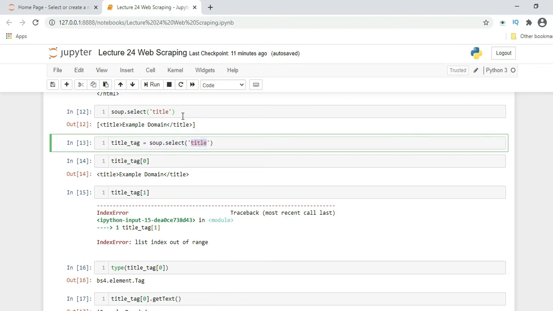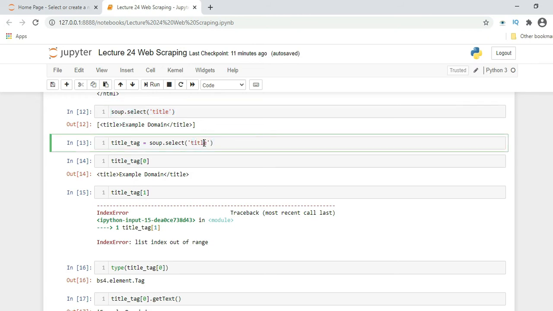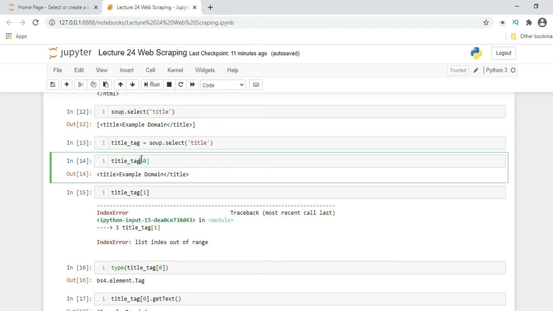Again, this is the same thing, we are just storing the output into a variable. Now here, if you see title underscore tag square bracket 0, we are taking the value which exists on the first position or first index. So it will extract the value as title Example Domain.